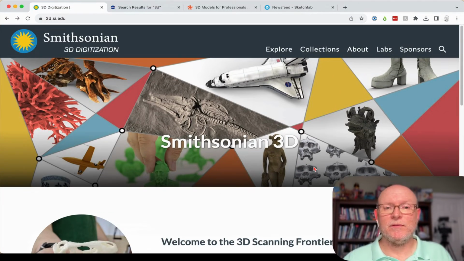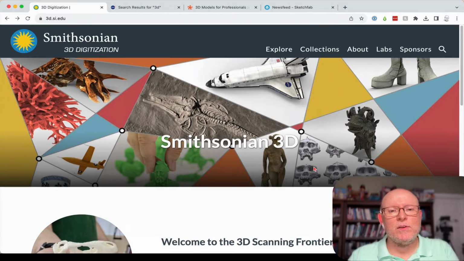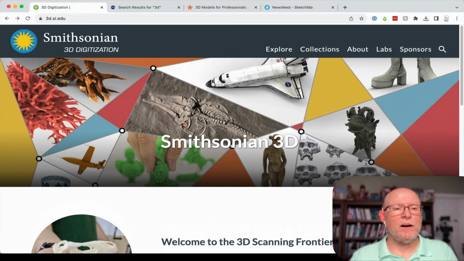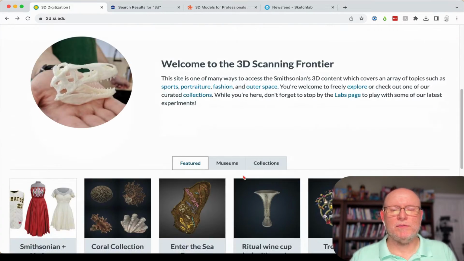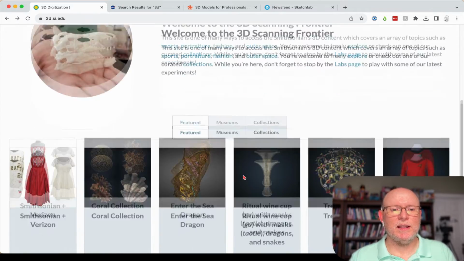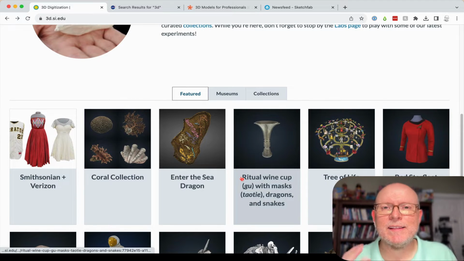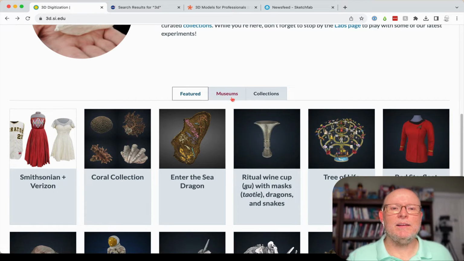Let me show you a few websites that are able to get you some free or low cost models. Here's a few websites that I pulled up that have some really nice 3D models that you can use. First is the Smithsonian. They've got a whole web page under 3d.si.edu that you can just pull 3D models from the Smithsonian Institution's collection. Now on the web page, they have some featured models, but one of the things that I like the best is they've got some